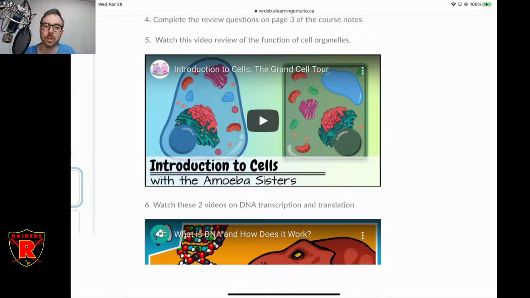So organelles, in general, what they look like in terms of being able to identify them and what they do is sort of a key part of understanding any type of cellular biology. And genetics is a component of that. It's the biochemistry component of cellular biology. So this definitely is key information that you need to know for this course and pretty much any future biology course that you'd ever take, unless you're really studying the macro like ecology or zoology or something like that. Then maybe this wouldn't be your bag. But pretty much any other area of biology, you're going to need to know about the biochemistry of the very small, the organelles.